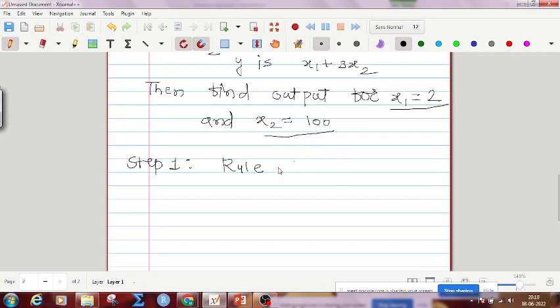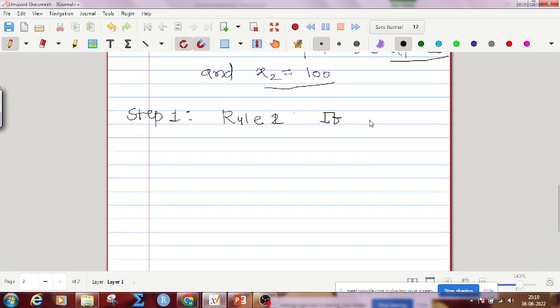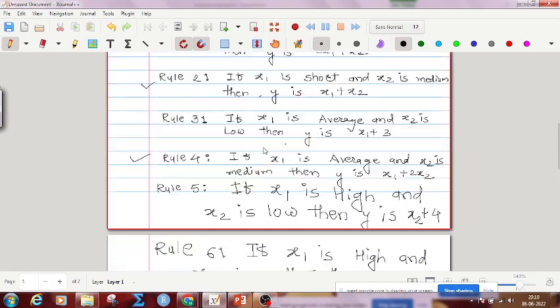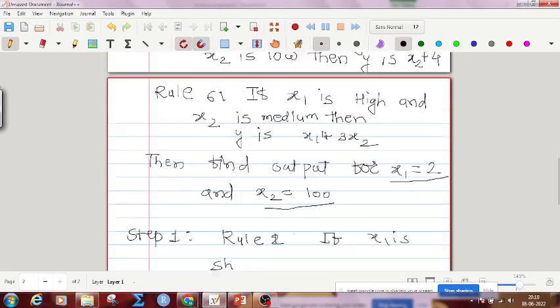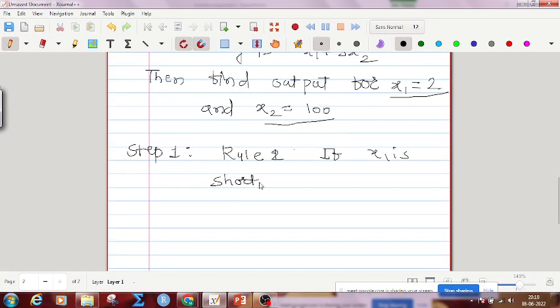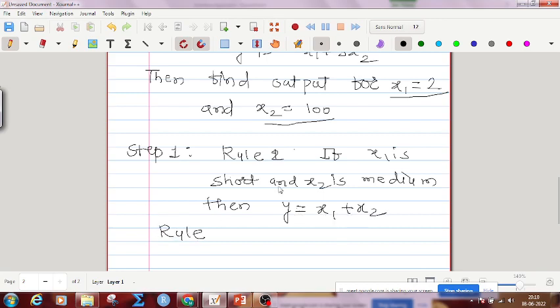If x1 is short and x2 is medium, then what is the value of y? Y is equal to x1 plus x2. This rule we are going to consider,